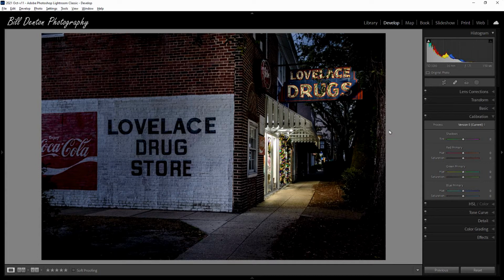This one, I happened to be walking by Loveless Drugstore in Ocean Springs. Early evening. It wasn't quite dark yet, but it was dark enough for lights to be on. And I got this shot. This is the unedited raw file. I believe it was shot with a Nikon D750 with a 24 to 120 zoom lens,